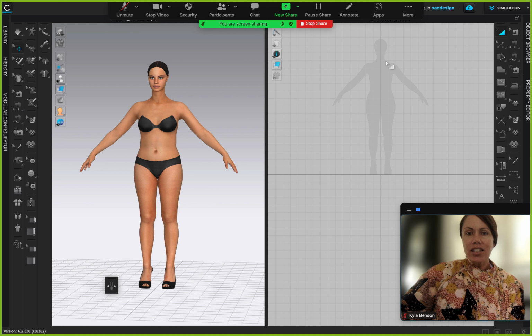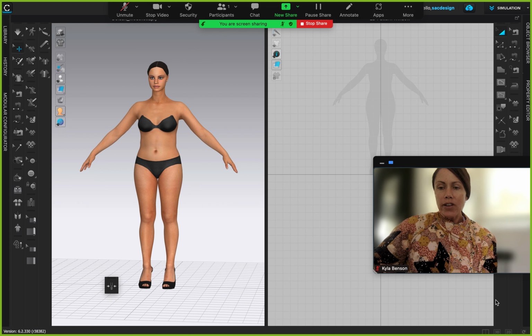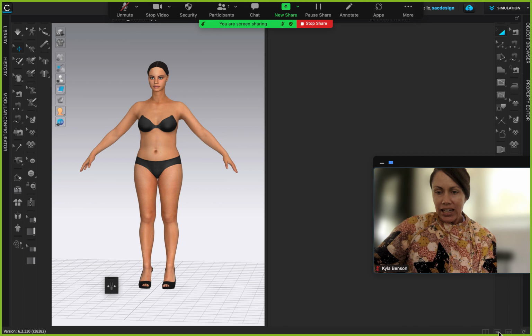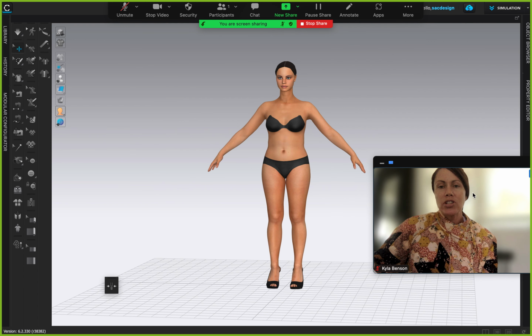And I haven't started designing my 2D pattern yet, so I don't really need to look at that window. So if I go down here at the bottom, there's these three little icons, and the first one is this one, which shows both screens, and then it says 3D and 2D. So if I click 3D, it'll only show the 3D window, which I think is fine.